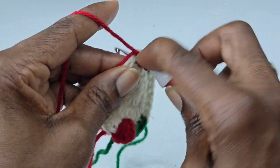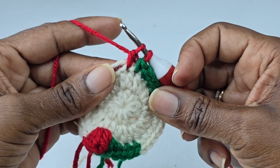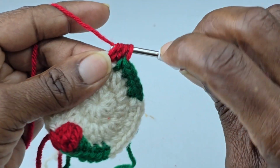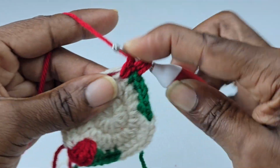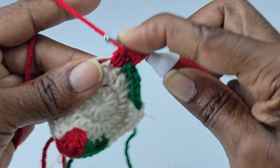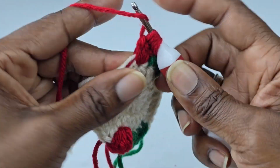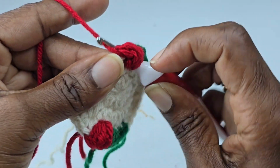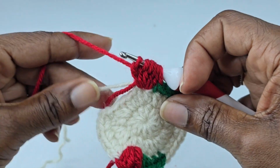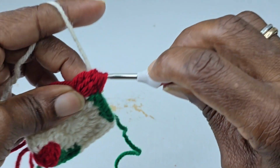You're going to wrap your hook, go in, pull up a loop, and you're going to pull 2 loops off, and you're going to repeat that 4 more times for a total of 5. So that's 1, 2, 3, 4, and 5. And now you're going to add your cream color, and you're going to pull through all 6 loops